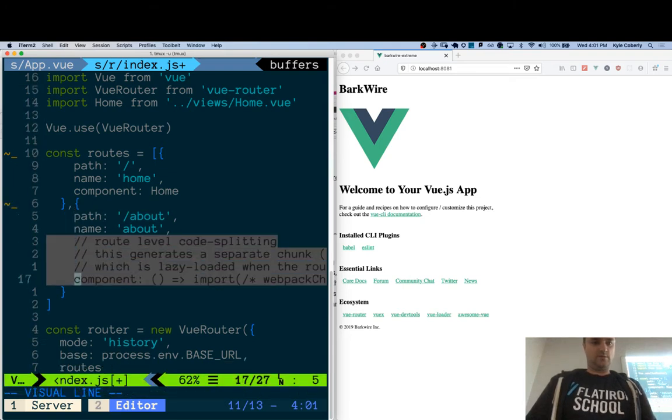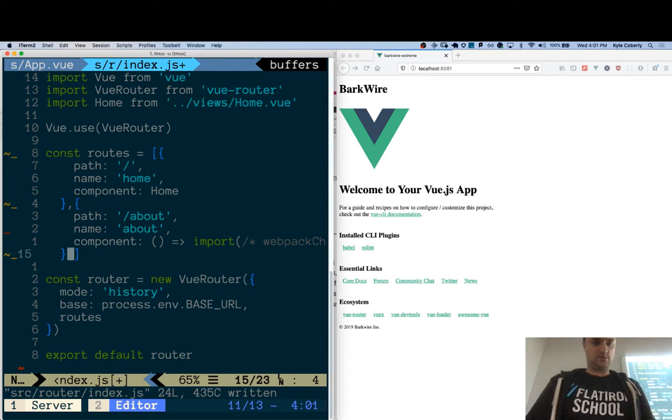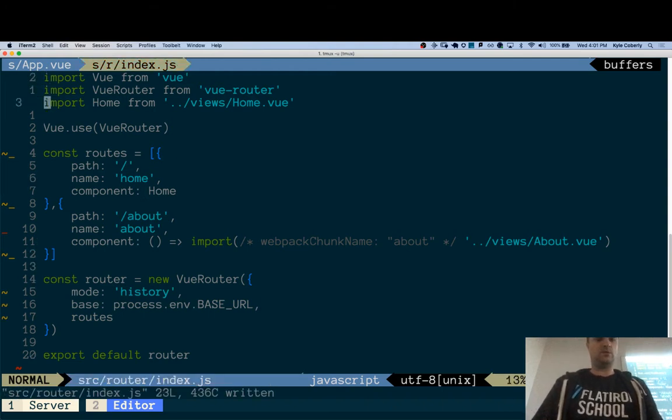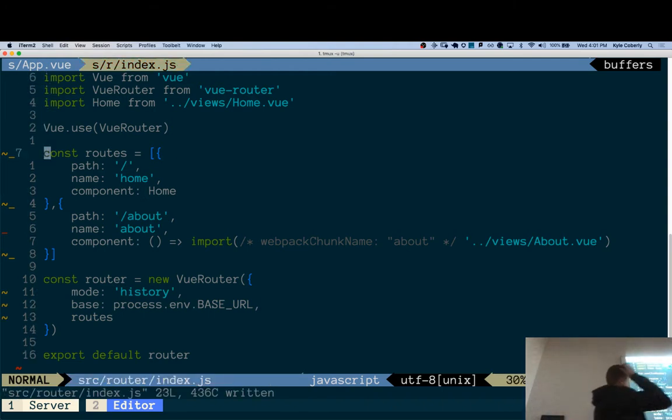So if I get rid of some of this just to clean it up, let's take a look at what it's doing. All right. So this is saying everything renders inside of App by default. We don't have to do anything special for that. It's saying if we're at the root, this route, we're going to call it home, and we should render this home component inside of it. If the path matches about, we call that about, and this is demonstrating how you can